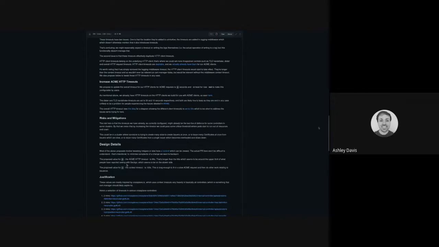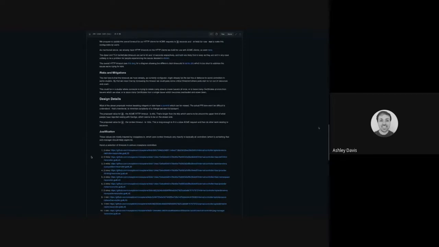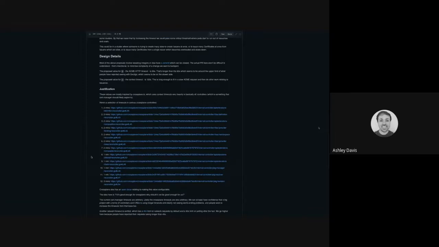So if we increase this timeout, these controllers are still in a better place than all of our others, where we just don't care at all. Everything else is in a bad state. This just fixes the problem, is all this does, and doesn't really make anything much worse than everything else we already have.